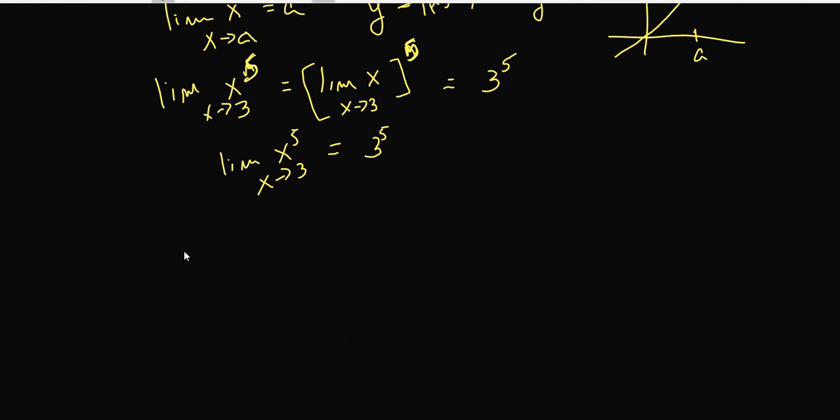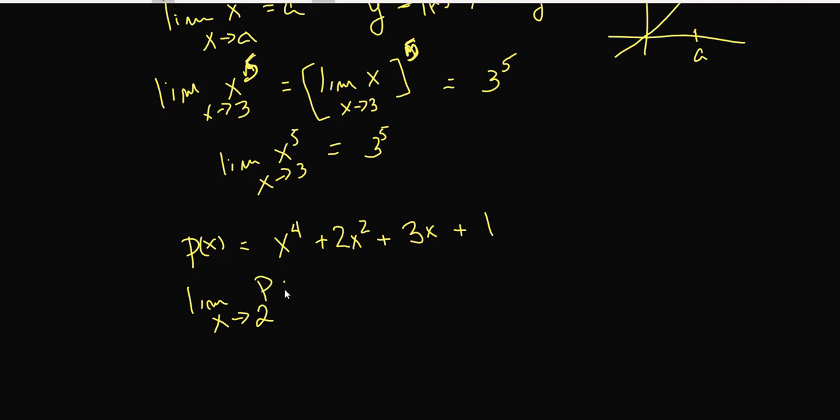For example, suppose we had a polynomial, p of x, equal to, let's say, x to the 4th plus 2x squared plus 3x plus 1, and we want to know the limit of this polynomial as x goes to 2, for example, the limit of p of x. So we can use the rules. First of all, we can split this problem into one function plus another function plus another function plus another function,